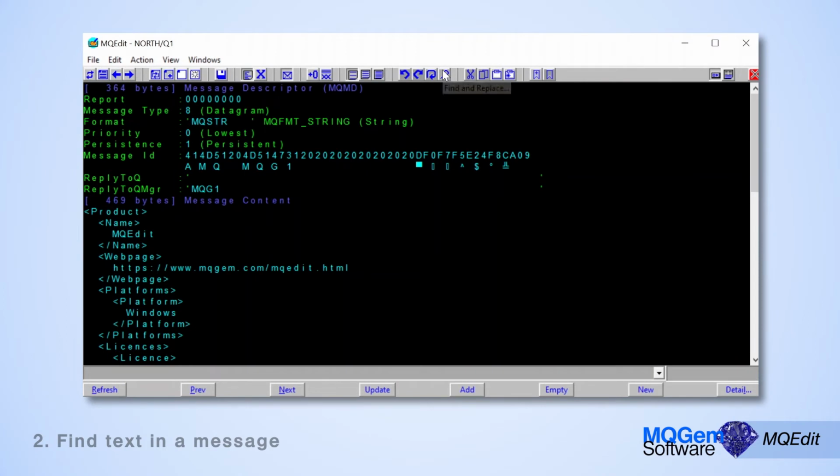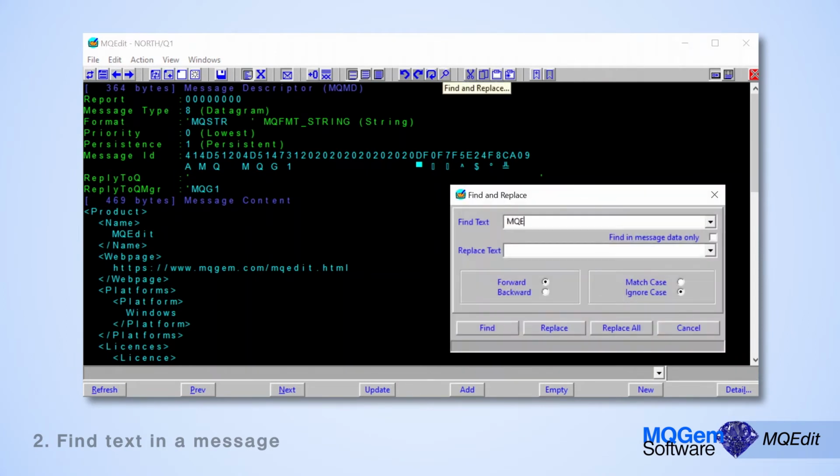Enter the text you want to find into the available space. This must be an ASCII string, however, this will be converted into the code page of each element in the message. Click the Find button to find instances of this text in the message. The results of the search will depend on how the text is currently being displayed. For example, it will search at the detail level you have selected.